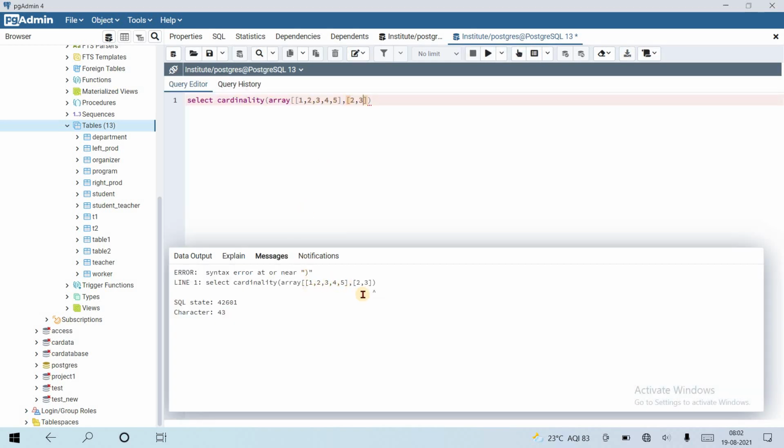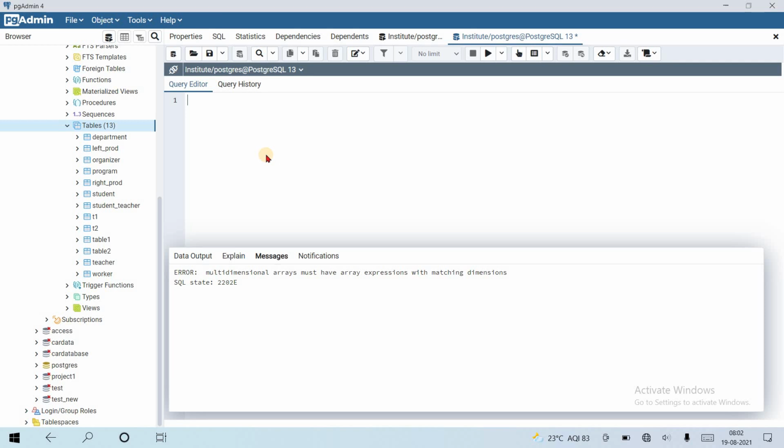Oh, what is here? Oh, one more square bracket. A multidimensional array must have array expressions with matching dimensions.